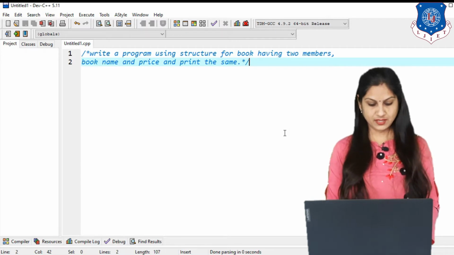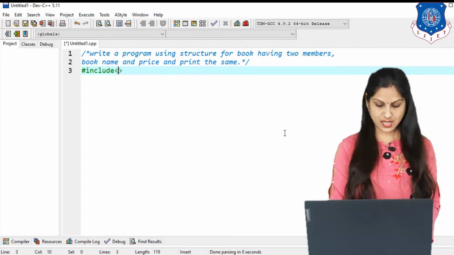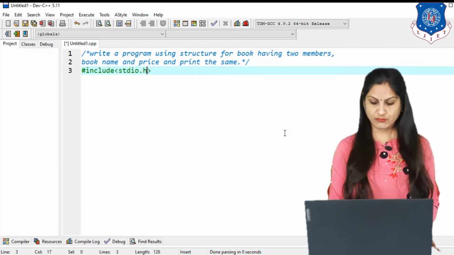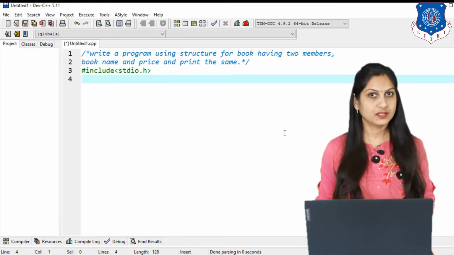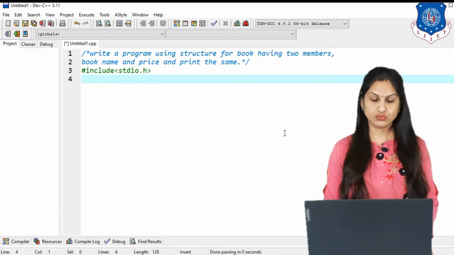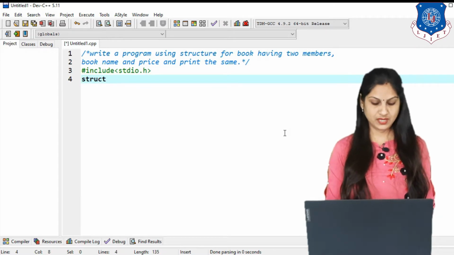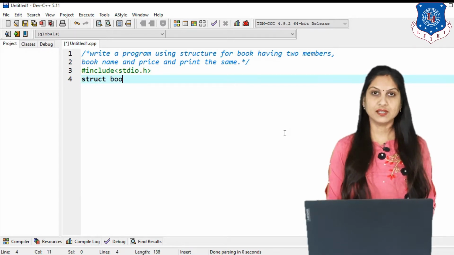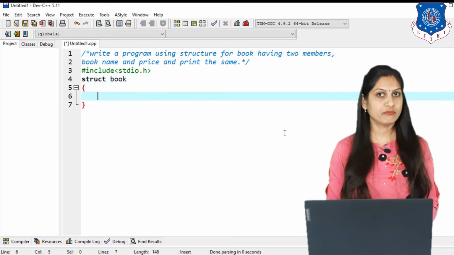So let's write here #include <stdio.h>, and after the header files and before void main we have to define the structure, and for that we have to use the keyword struct and then the structure name. Here it is for a book, so I am writing book, and inside curly brackets we write the members.